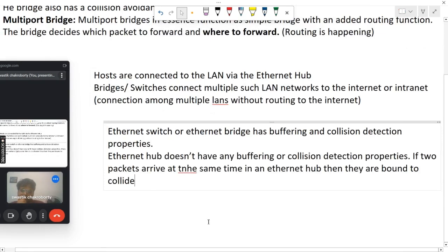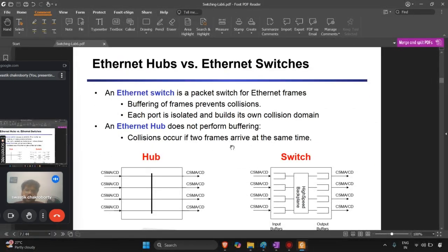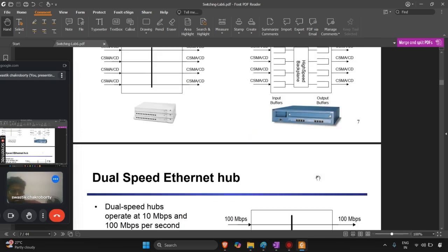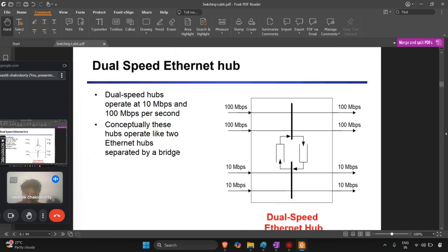Now, once we have passed that, we can next focus on the switch. So the switch has CSMA/CD and it also has a buffer, and thus it is a more expensive device compared to a hub. Now there is a dual speed Ethernet hub. So dual speed hubs operate at